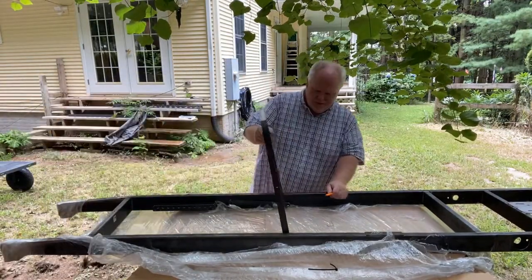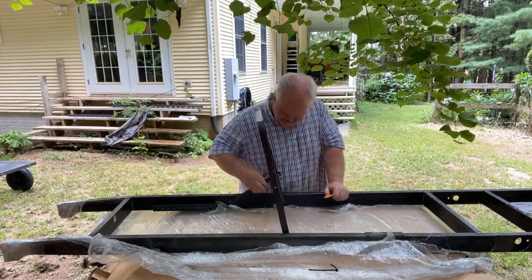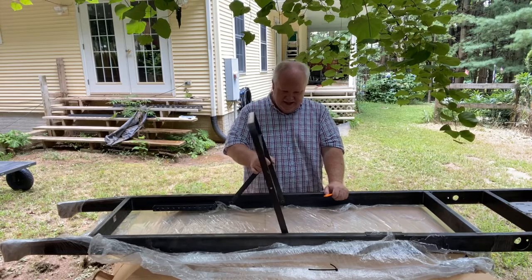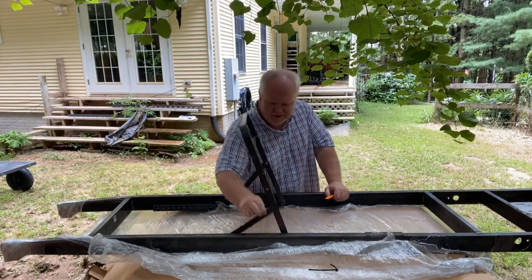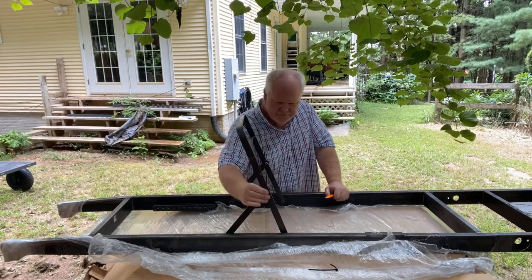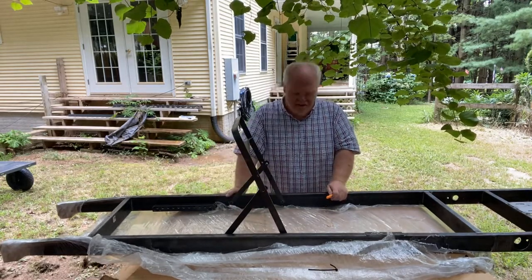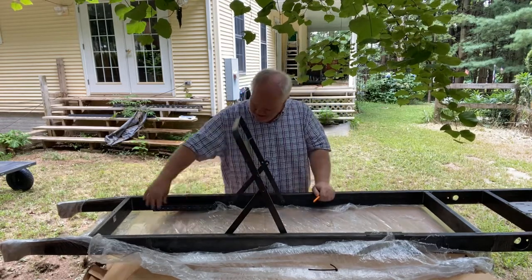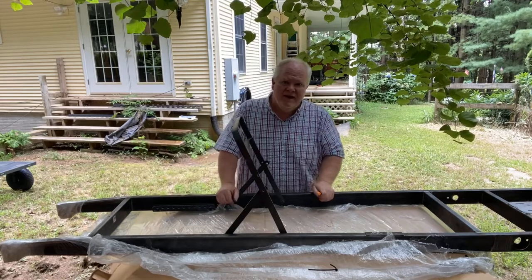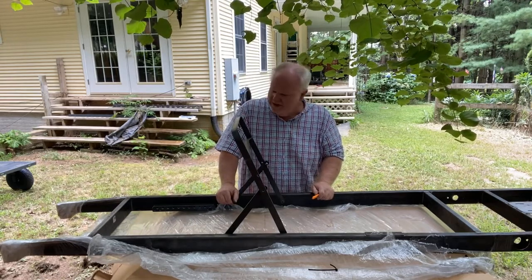But we got, I'm going to call it the dash frame. I don't know what to call it. He's got this little thingy. I did not realize this was going to come assembled, to be honest with you, right? So this is another wow moment, right? So like I'm halfway there. Put some wheels on this bad boy, push me down a hill. Anyway, I like it. No, this is really good. And they got brackets here for the brake and the accelerator pedal, which will make assembly much easier,